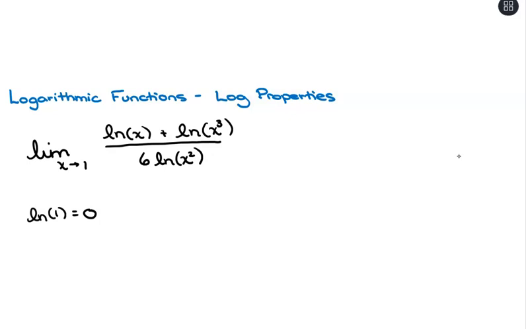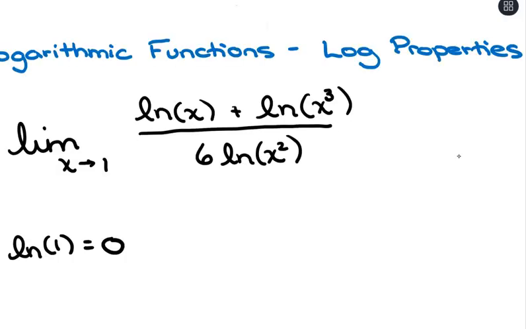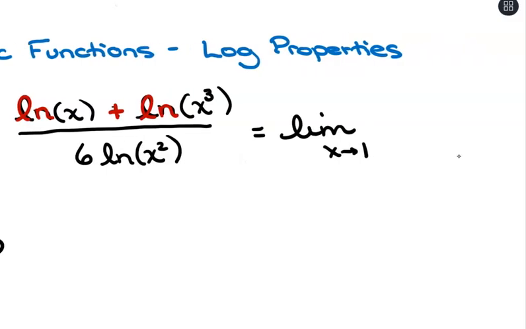We're kind of going to go back and forth a little bit too. So in the numerator, what we're seeing here is we have addition of 2 terms, and the key is that we're adding 2 logarithms that have the same base. So we have 2 natural logarithms that we're adding here. So with that, the property that we're using, if we're separated by addition, we could then combine those into a single logarithm and multiply the insides. So this would be x times x cubed, which would be x to the 4th, over,